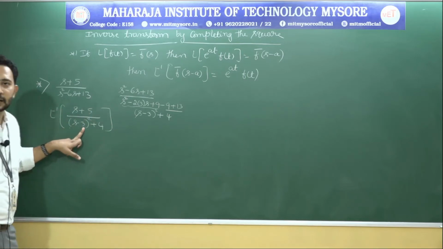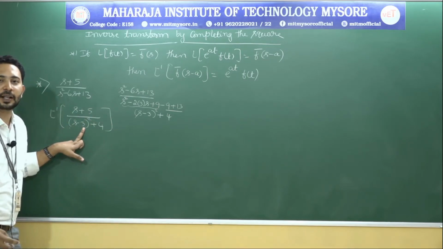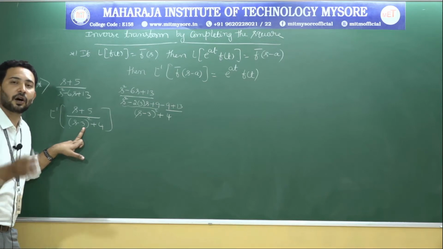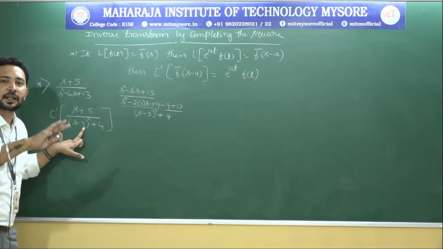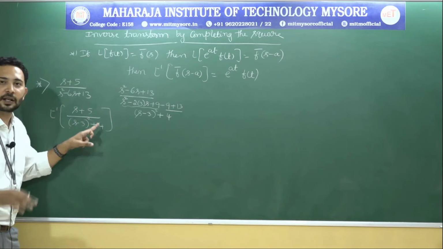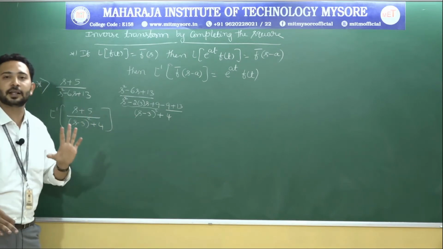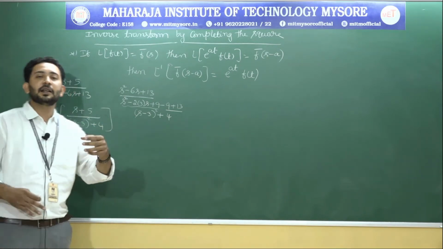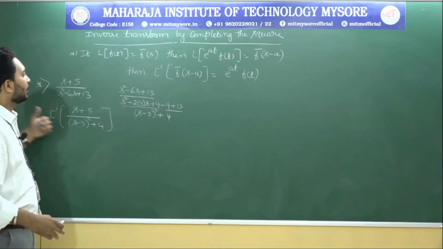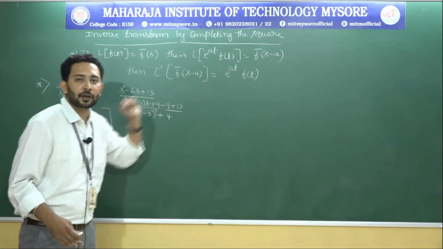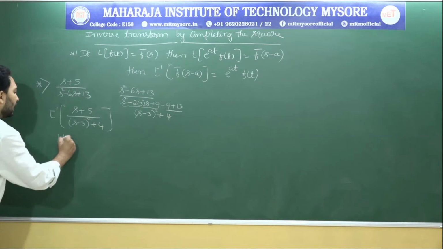If we have (s minus 3) whole square in the denominator, then we need to change all s in the question into the form of s minus 3 only. Then only we can easily take s minus 3 outside by using this formula. Okay, so L inverse of,